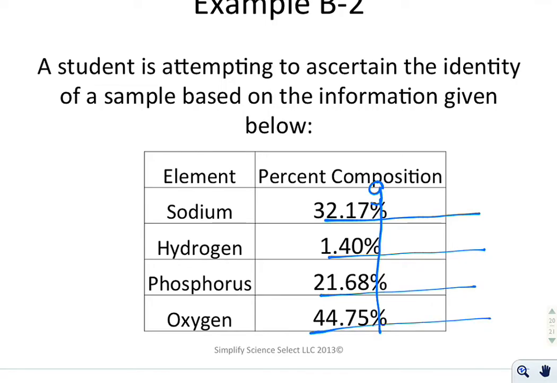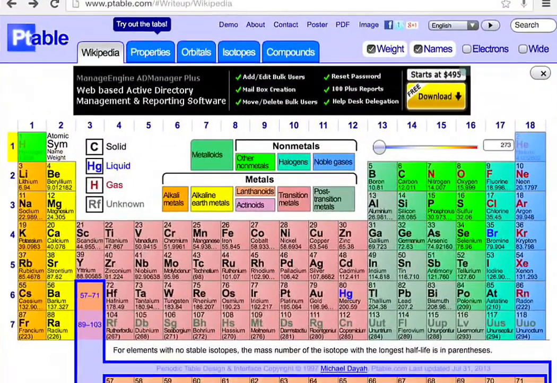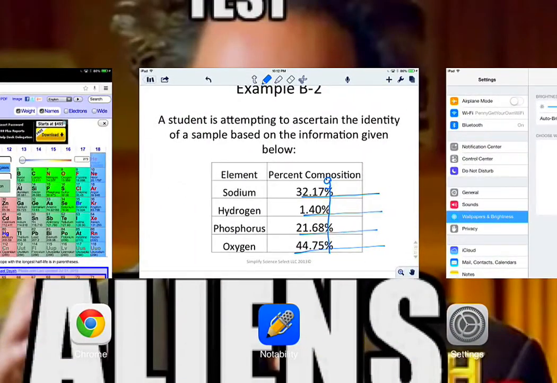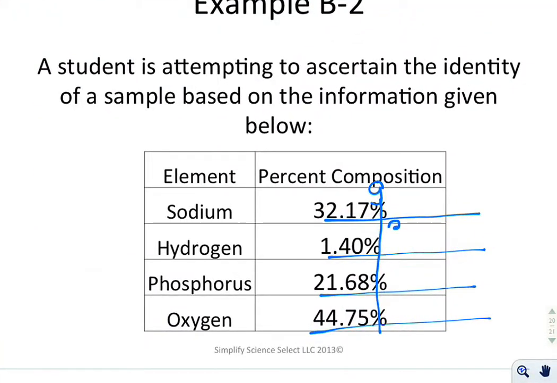I would go to my periodic table. Sodium's element 11, and it says 22.989, which is roughly 23. So we'll divide by 23. Hydrogen is 1, phosphorus is 31,